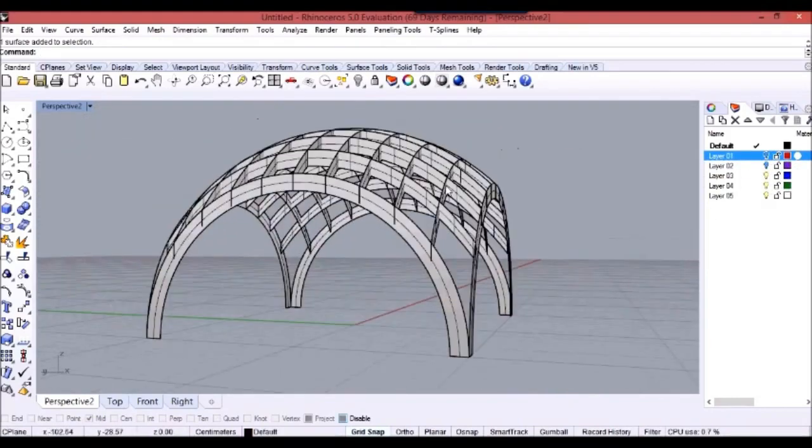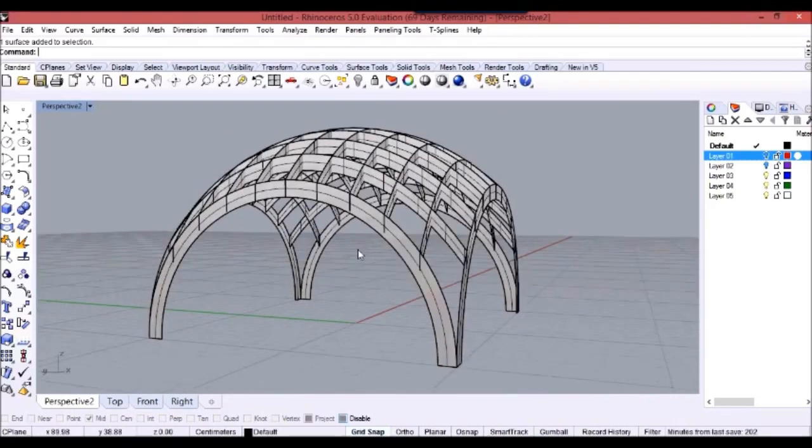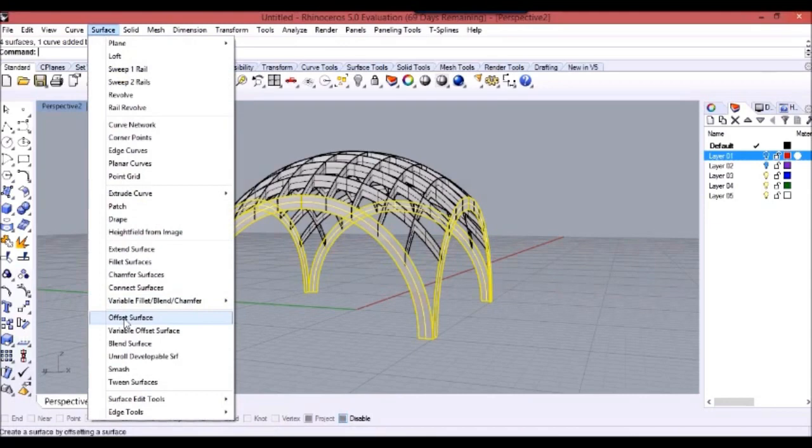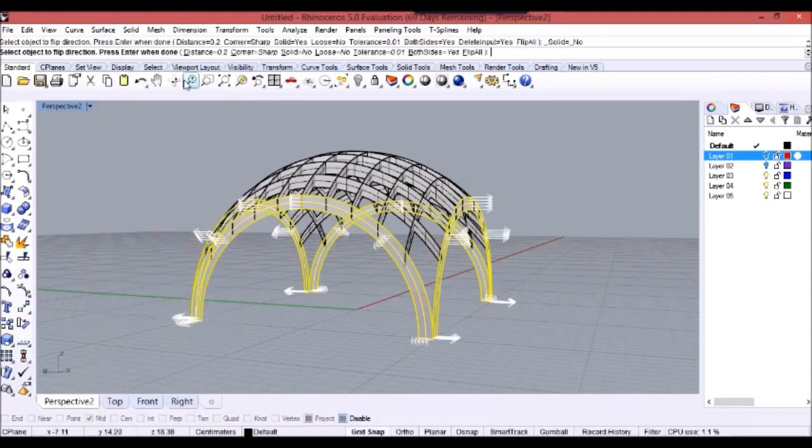and we have the basic shell geometry. I'm going to offset each of the surfaces to create a solid structure. So first we'll pick up the frames below, and we go to surface, offset surface. It comes up with the various options. So first we can give a distance. I'm going to give it a distance of -8. So -8, press enter, and solid yes, both sides no, delete input yes, we are good, and I'll press enter,